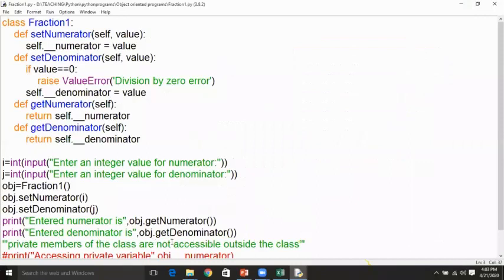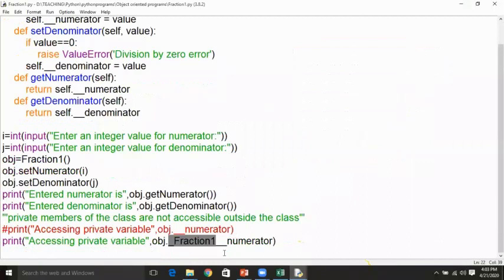Use the object you created for the class and then an underscore, the name of the class, and then the private variable. So no dots here, but after the object you should use a dot operator. Object dot operator, a single underscore, the name of the class and then the private variable. Generally a private variable will start with two underscores.